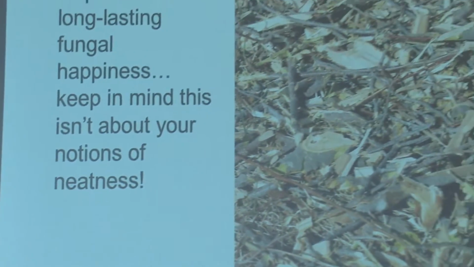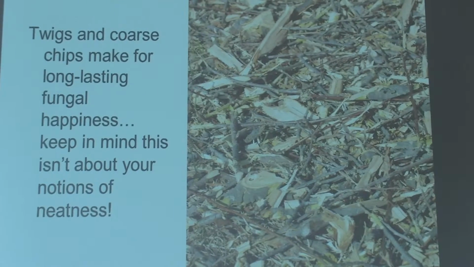So we know what the good stuff is. We know what's maybe a little more problematic. Now we need to learn how to use it. Ramial chipped wood means running it through a chipper, but not trying to make it really fine. So it comes out as coarse chips, and it comes out as twigs. You see the buds. But the green cambium, through the chipping process, is exposed.